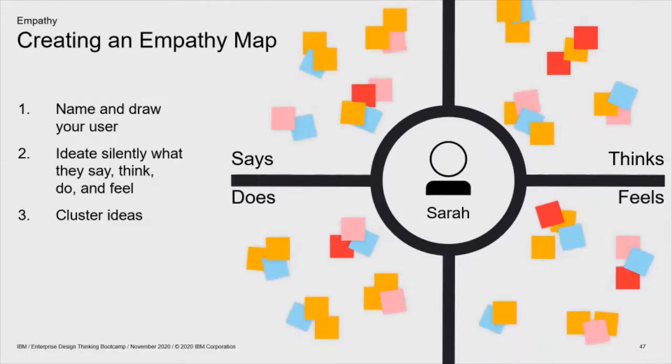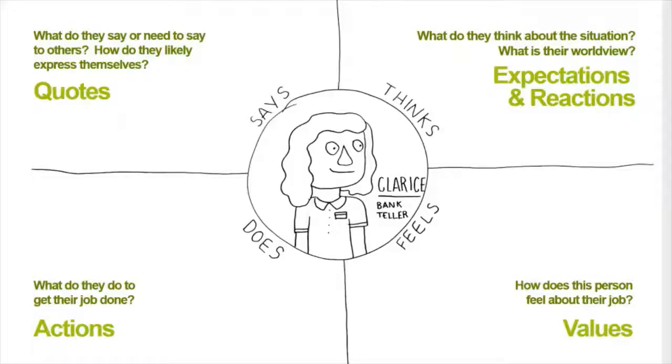But I've also recently been introduced to tools by Microsoft and Google that essentially give you the same purpose. You come together as a team and you write down what is it that they say, think, feel, and do. You ideate, first of all, silently, and then you start working through these ideas collectively as a team, playing back to each other, arriving at your empathy map,